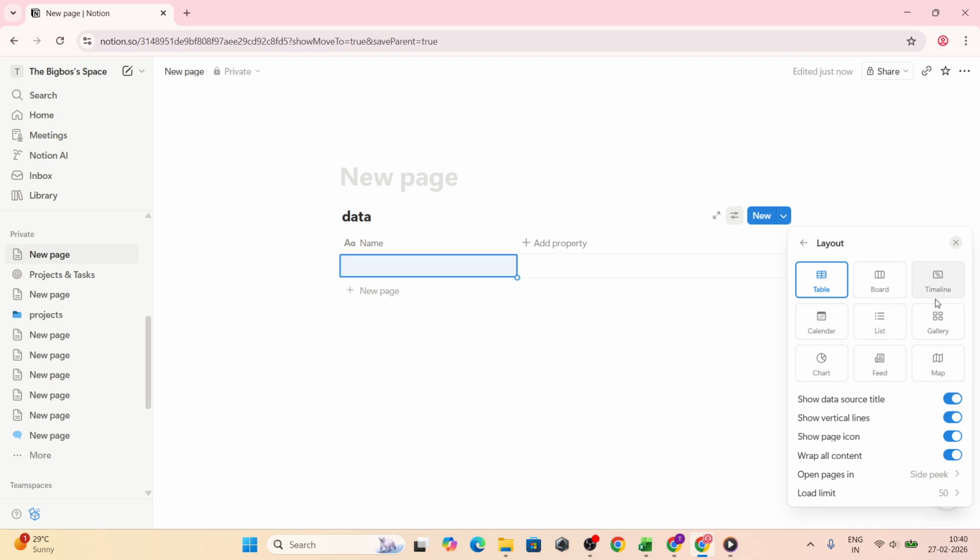Inside Layout, look for the option labeled Show Database Title. Toggle this to On. The moment you switch it on, the database title bar will appear above your database, making it easier to identify at a glance and keeping your workspace organized, especially if you work with several databases on